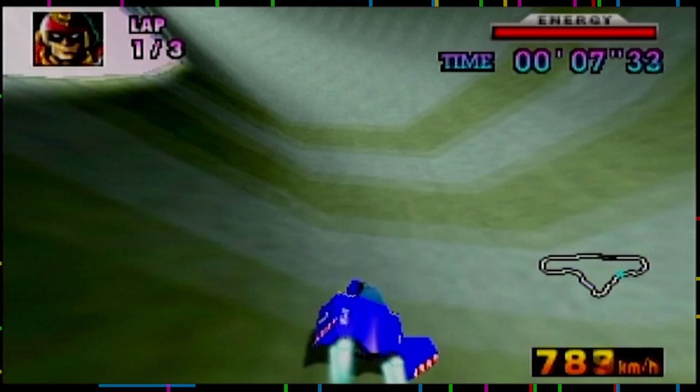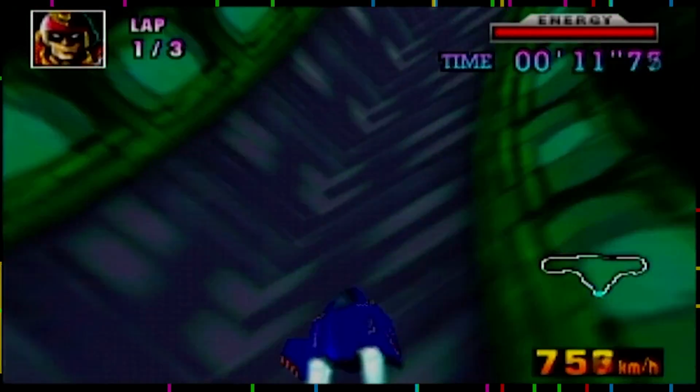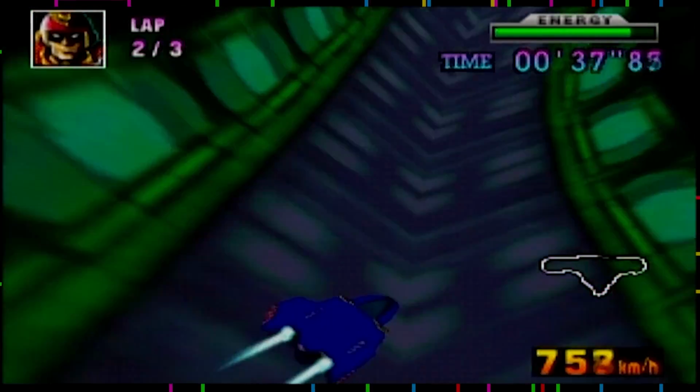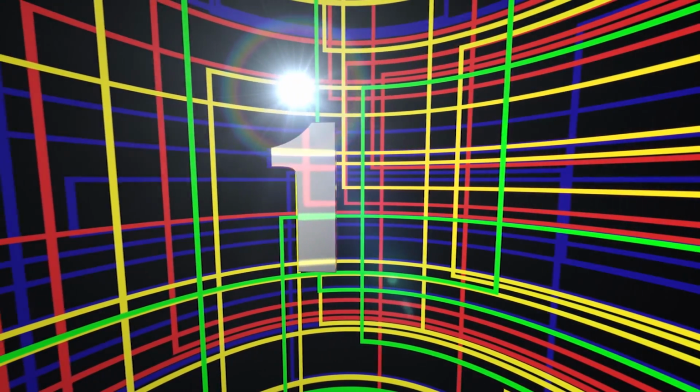Now while that might make this track sound easy, it isn't because if you go too fast, you'll fly right off and retire. White Land 2 is a near-perfect blend of speed and difficulty. There is, of course, one more track that's even more ridiculous than this one. And now, the number one coolest F-Zero X track is...